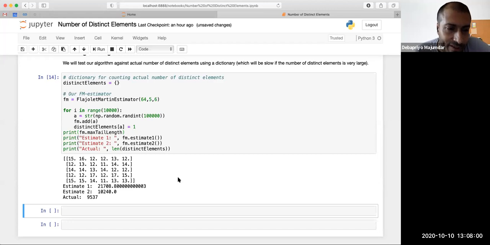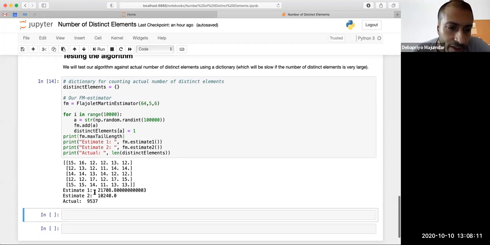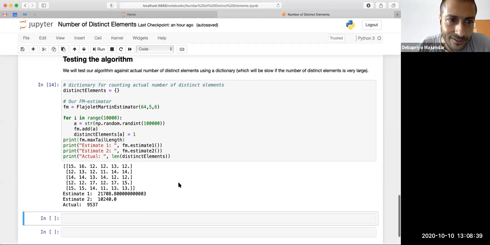Another possibility is that instead of taking the average of 2 power r's, you take the average of r's and then take 2 power. But these are just playing around with things. It is better to look into this. In all my tests that I have done since yesterday, when I was preparing this, I figured the second option works much better. Because I'm actually taking it from only 10,000 or something like that, my actual number is always a bit less. So there is always a little bit of overestimate, but the second number always works much better. For the second estimate, you first take the median and then take the average of the medians.